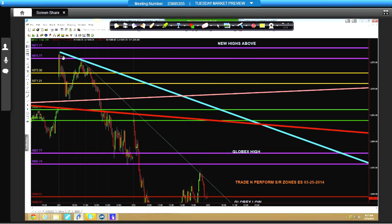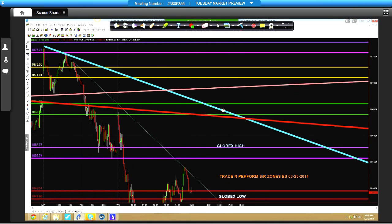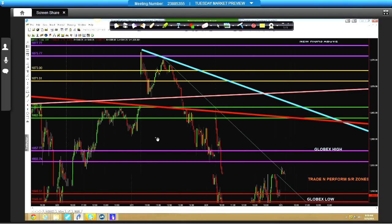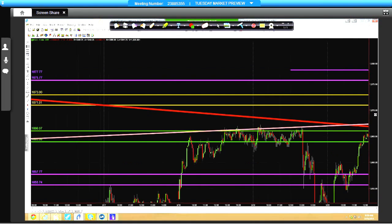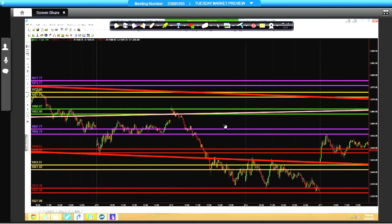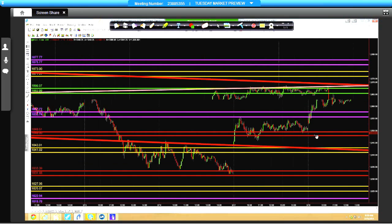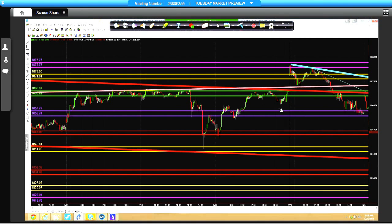You'll also notice this is just above gap fill. Because of the market trading through this area so frequently, it's certainly possible to get gap fill and then just trade straight back up there and have no resistance in this area whatsoever, because it is getting traded through so easily. So you'll want to go to your higher time frames. You'll notice that we rejected right off of this downtrend. This downtrend,